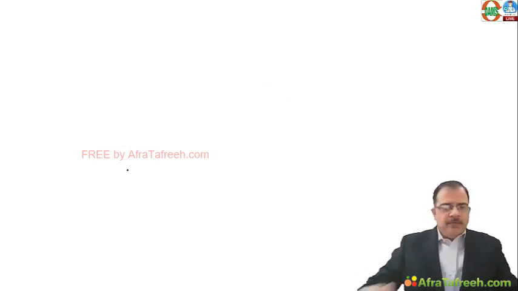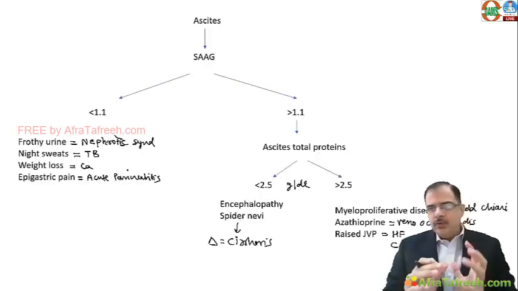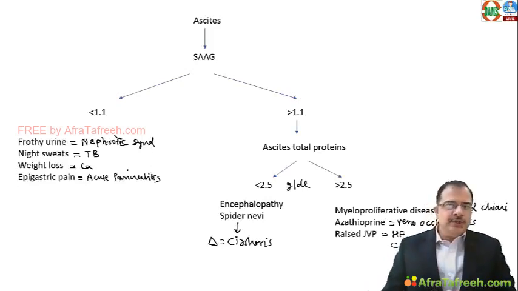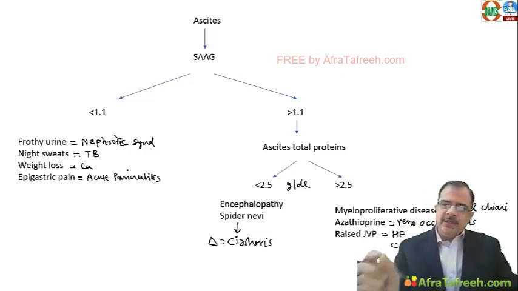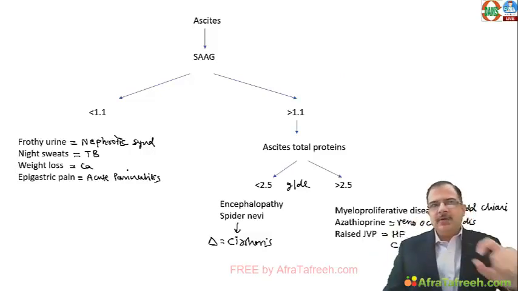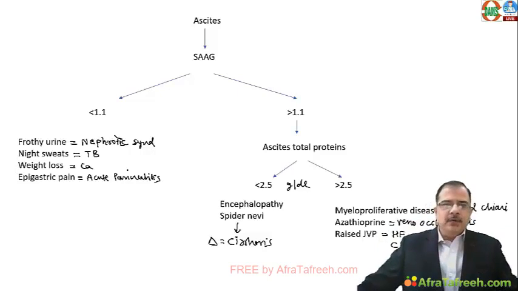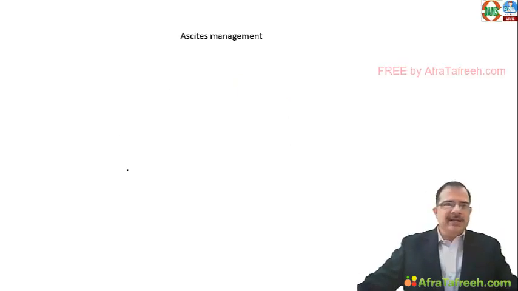So this is how we will try to make the diagnosis of the ascites, to identify what exactly is the value of SAAG and what are the ascitic total proteins which are given. And depending on those keywords, we will try to make the answer of a disease. Now, the other complications of the liver failure. So the first important complication is ascites. Now, before the other complications, let's see how the ascites should be managed.